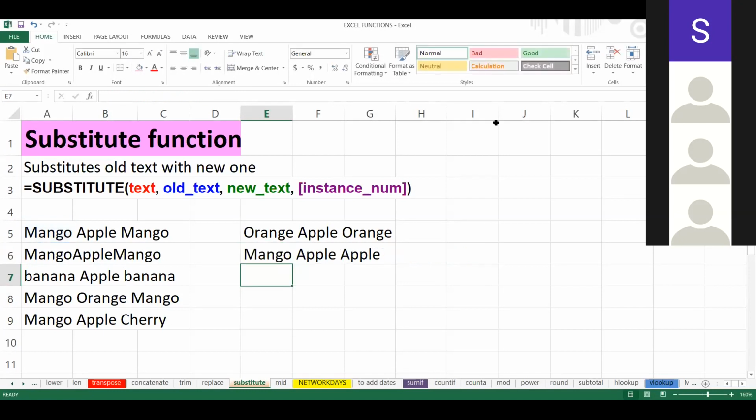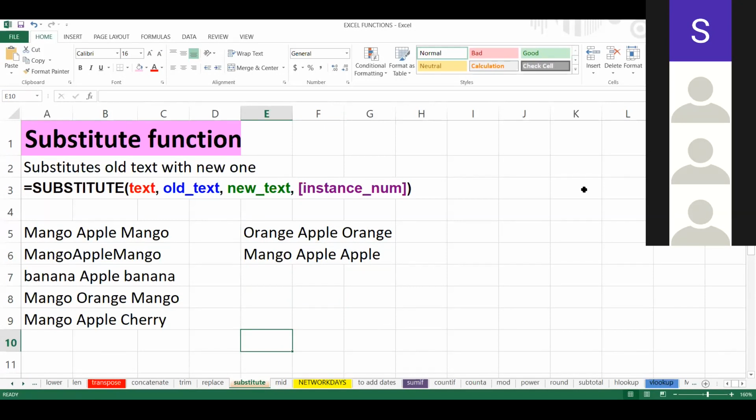So in this case, not both, but only one instance at the end, means second instance, is changed. First instance was this, second instance was this. So we have different functions like LEN function, MID function, which we cannot do today. But if you know how to work with SUBSTITUTE, you can learn all of them yourself also. Fine.